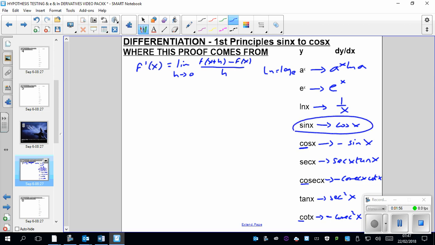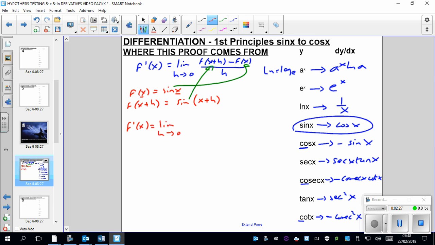So we're going to prove this one formally today, because once you prove that, then you can prove everything else, all right? So f of x is sine x. Then f of x plus h, just filling in my ingredients, is sine, whatever's in the bracket replaces x, so x plus h. So this is going to go in here, and this is going to go in here. So I get f dash of x is the limit, very important we keep that limit in there. f of x plus h, so that's sine x plus h, subtract f of x, which is sine x,